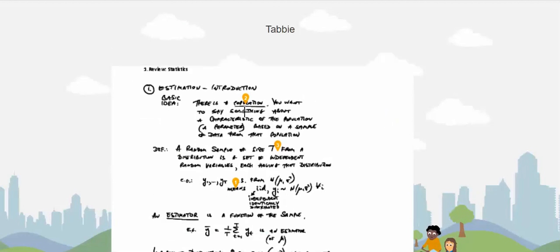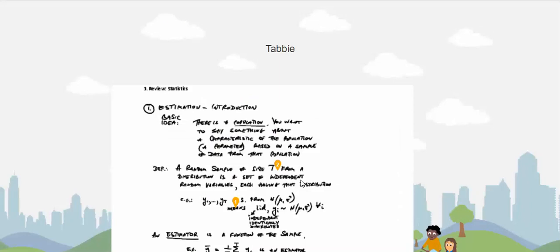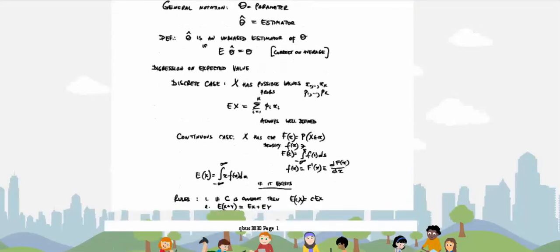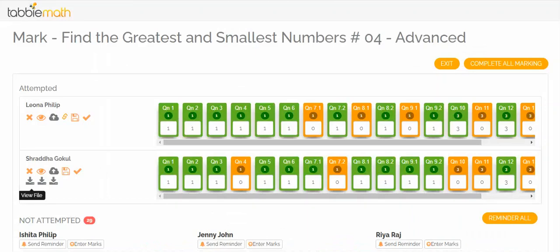Now, you can also remove any comments that you want. So if you want to remove this particular comment, you click on this and this comment is going to be removed. So the teacher can insert as many comments as they want. They can scroll down, view the entire working that is uploaded by students, and they can insert their comments. Now, if I go back to the marking page and if I edit it, any comments that have been input by the teachers, the color of this changes to orange and it shows that comments have been entered against this file.